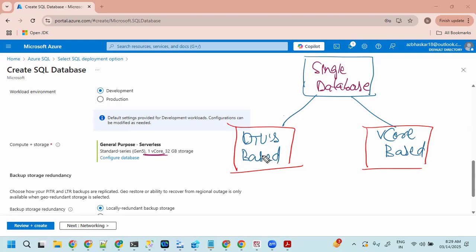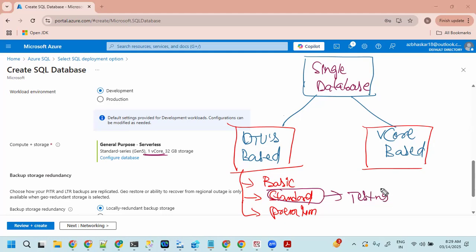Each purchasing model again has three flavors. Basic is there, standard is there, and premium is there. In my previous experience, I used standard for the testing environment, and for production, I used premium.